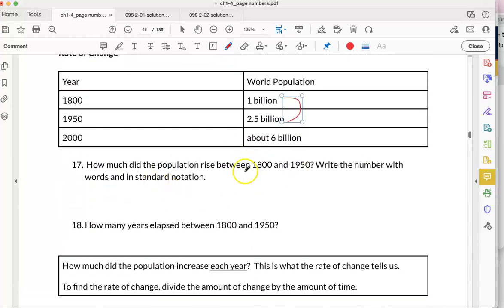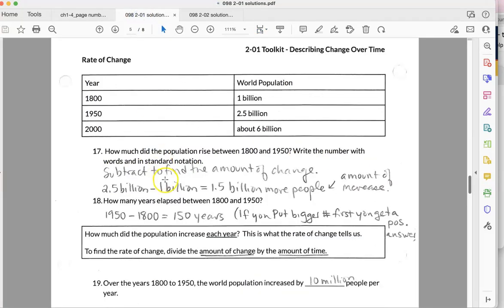So how much did the population rise? Well, we simply subtract these two. So there will be 1.5 billion. Write the number with words and in standard notation. So it looks like I did it in words and I forgot to write standard notation. So standard notation here would be